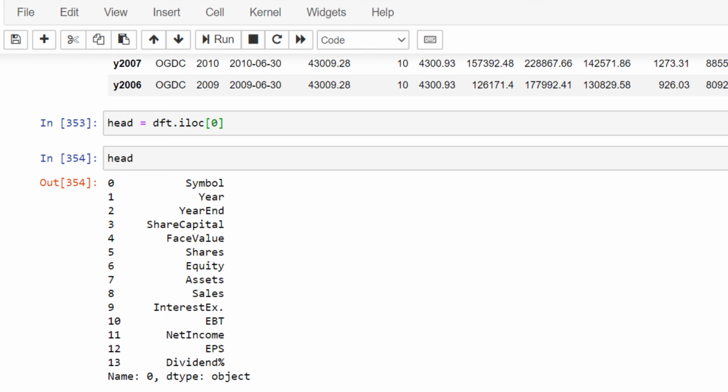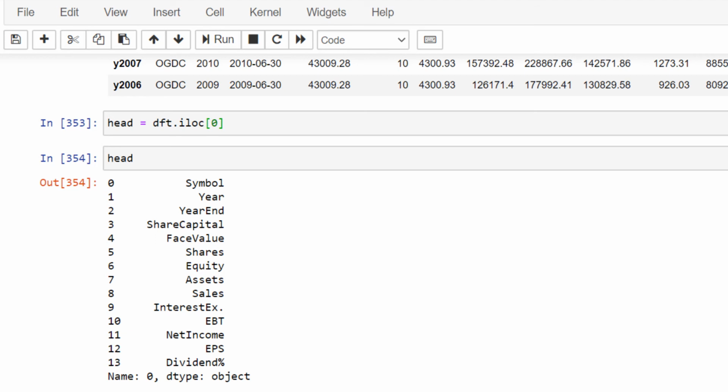In the second step, we take the data less the header row. So we redefine the DFT data frame and use the slicing notation.